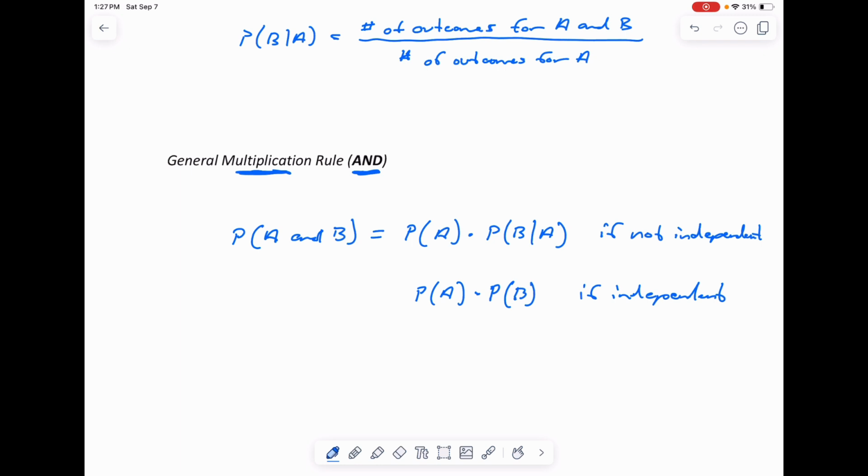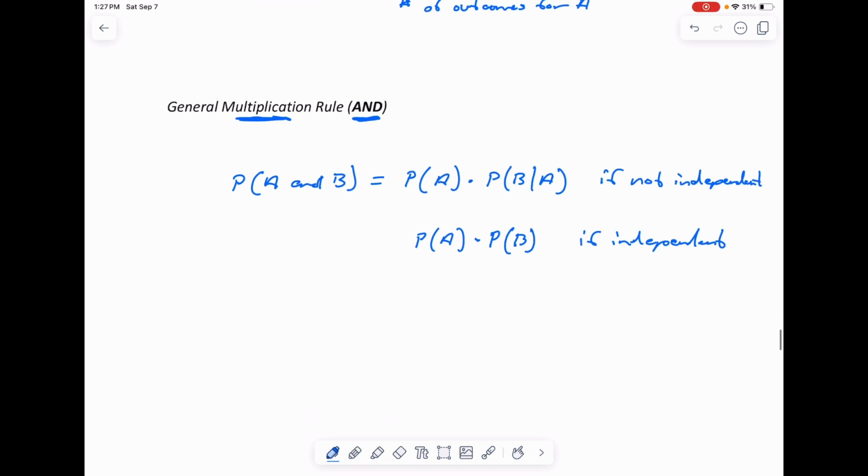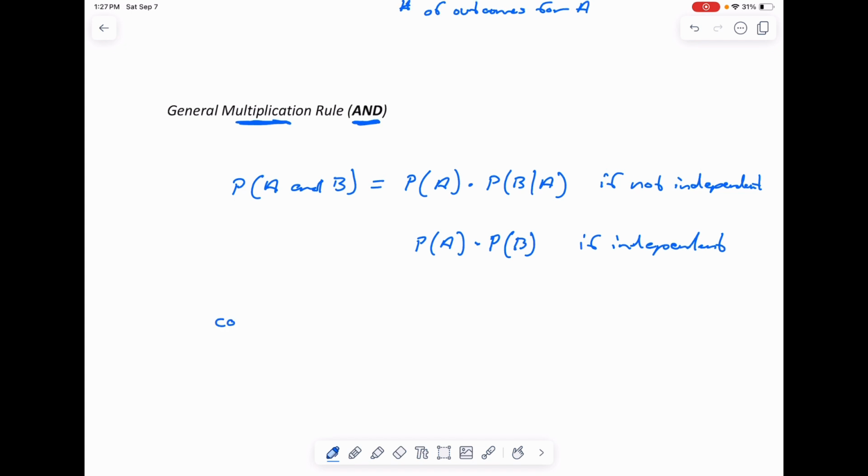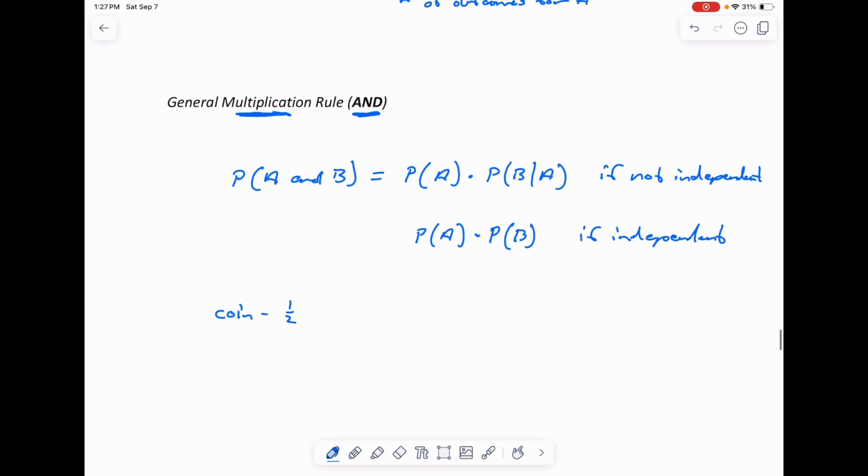Let's go back to our dice example just for a minute before we get into the actual examples that we're going to go through for this. When I roll a die and flip a coin, the coin has a 1/2 probability, right? Half probability of heads, half probability of tails. The die has a 1 in 6 probability. So if I think about the probability of heads and 6,